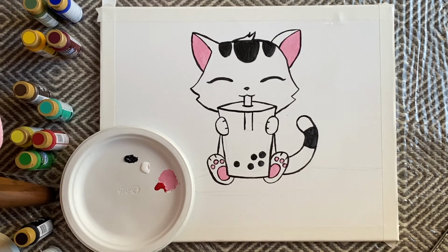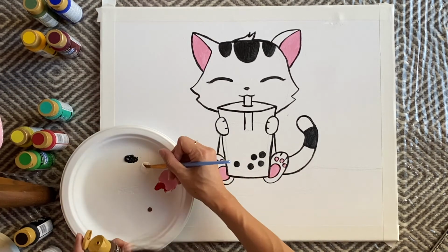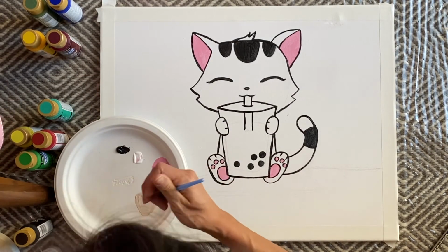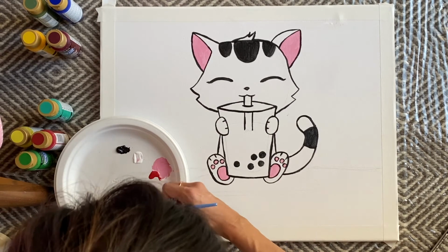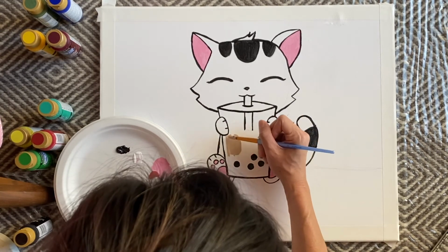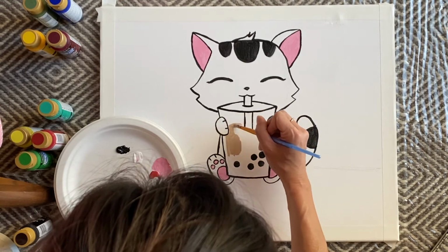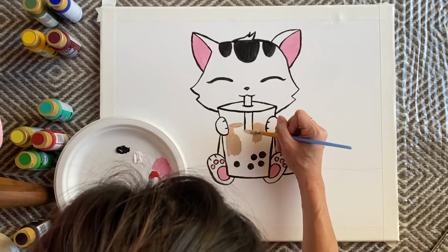Alright, so here I am on this next part starting to mix some paint for the milk tea itself. I just picked some of this brown and white, trying to create sort of a nice milk tea color. And here I am painting that in. Again, as you can see, since I outline, I have to be very careful around the lines that I already